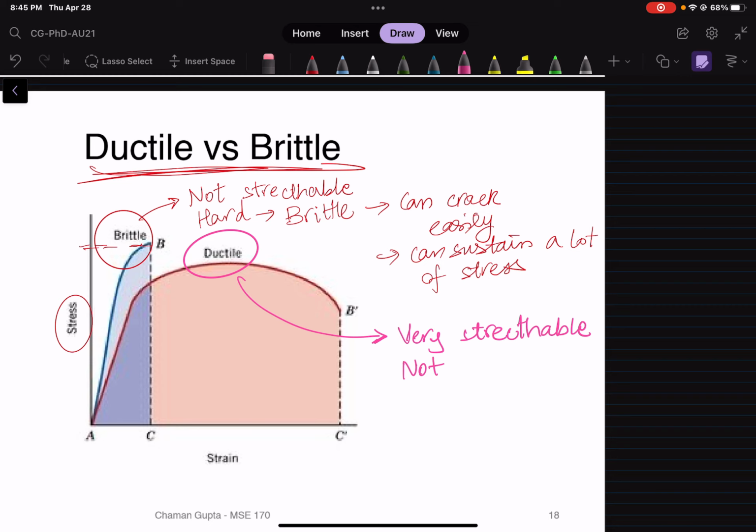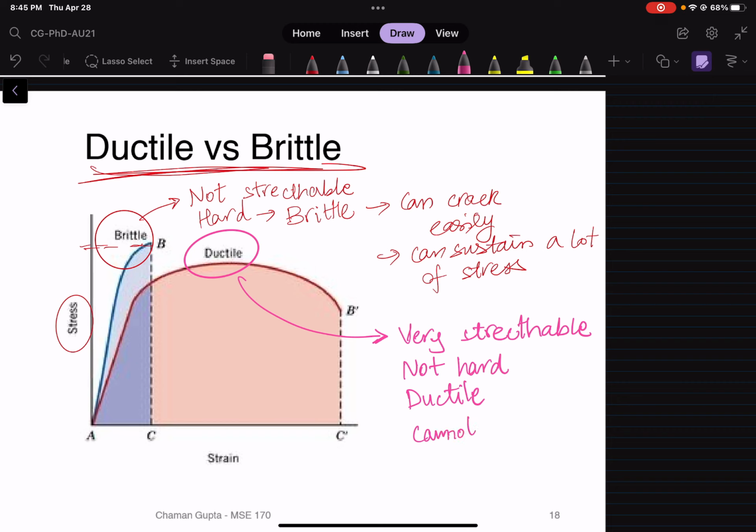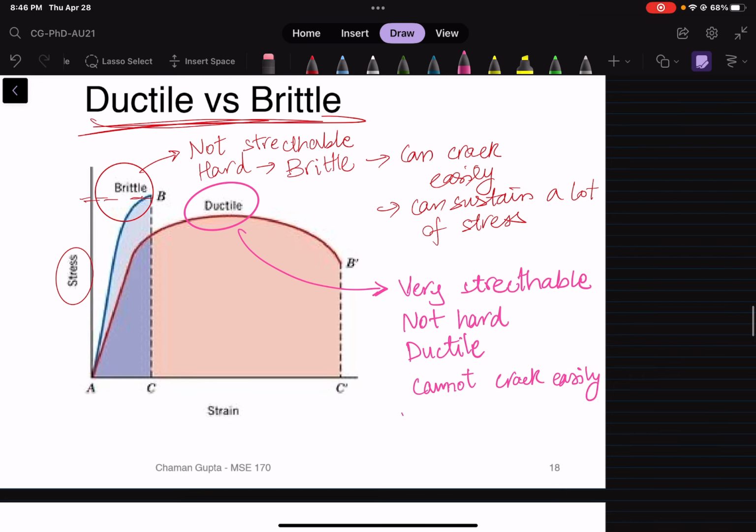It's not hard, because for you to be able to make wires out of it, it has to be not hard, and therefore it is ductile. And then it cannot crack easily, but because of that it cannot sustain a lot of